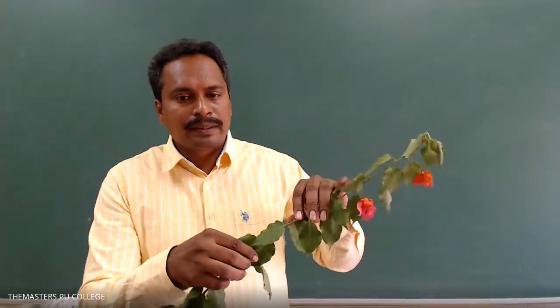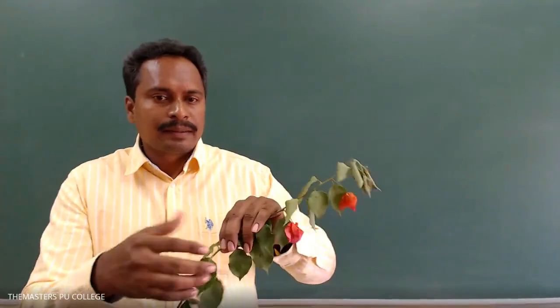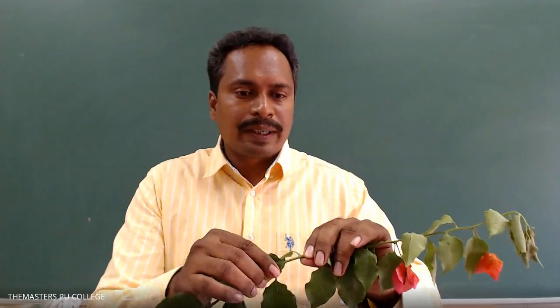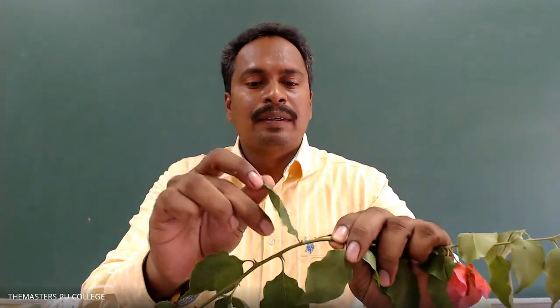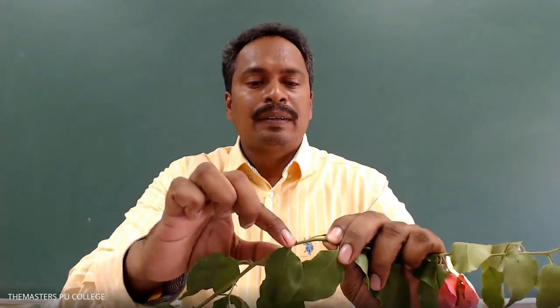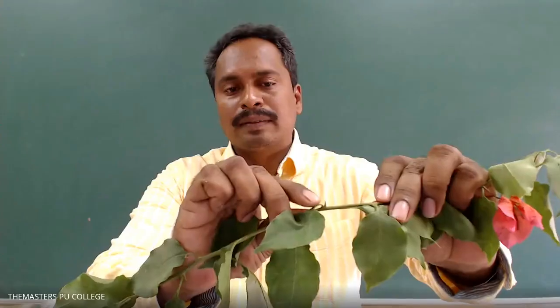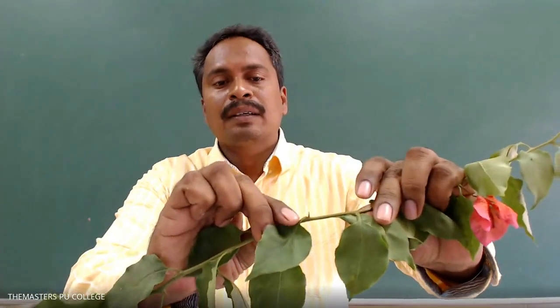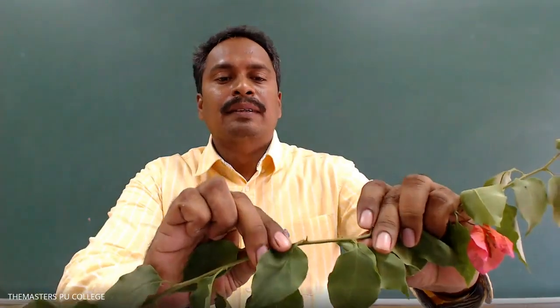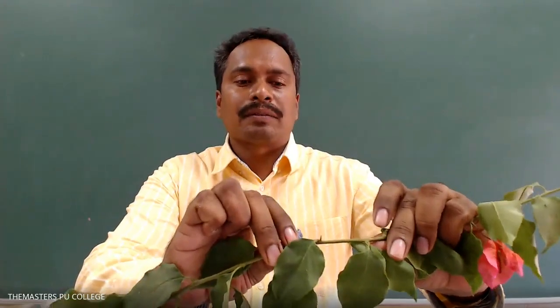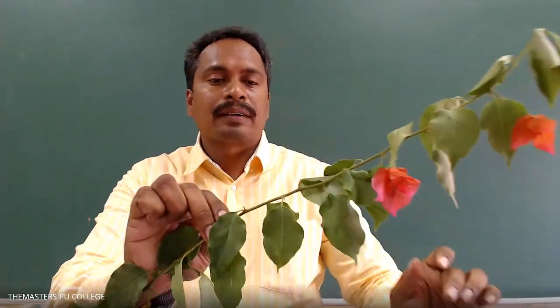The axillary bud in these plants is modified into what? What is the name of this modification? Thorns. So this is a leaf, the base of the leaf, and this thorn. Is it visible clearly? Yes, sir. The hard, woody, pointed structures are thorns. It is the stem modification in Bougainvillea, right?